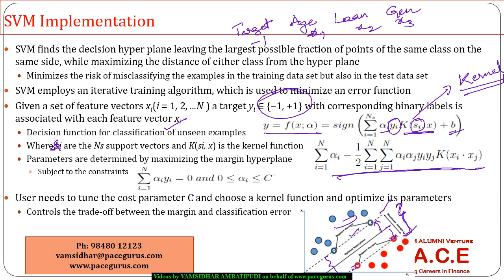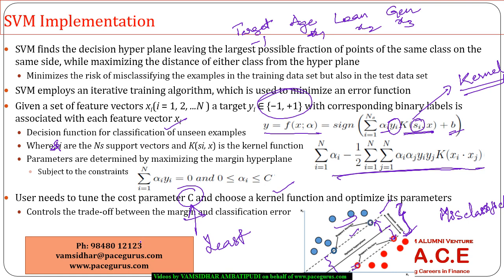And in turn, we can also use a cost parameter. The cost parameter is majorly in terms of the misclassification rate. The error part is what goes into the cost function. So depending on the kernel, I want to choose a kernel function in such a way that my cost parameter is the least possible. And based on that cost parameter, I can also determine those alphas and betas which can minimize my